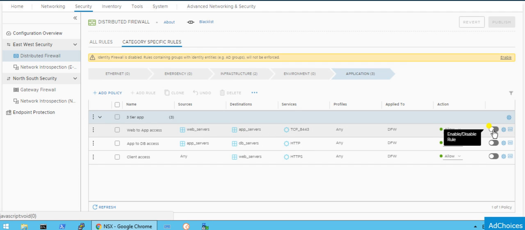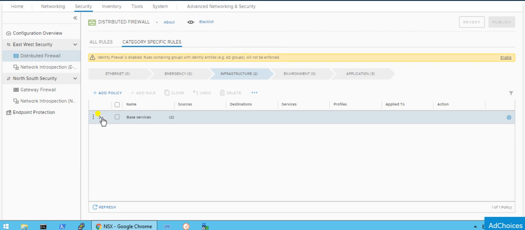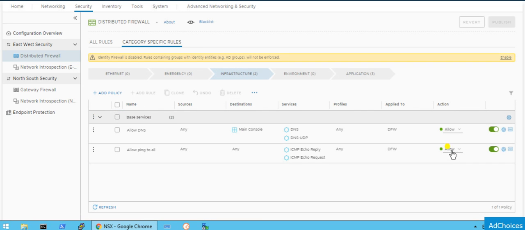However, the policy is disabled, so we need to make sure that all the rules visible here are disabled if we want to see the effect of the firewall rules created in this tab. So first of all, I'll make sure that no rule is enabled in this policy interface. This is disabled, and let me check this one as well. This is enabled, so I'm going to disable this.